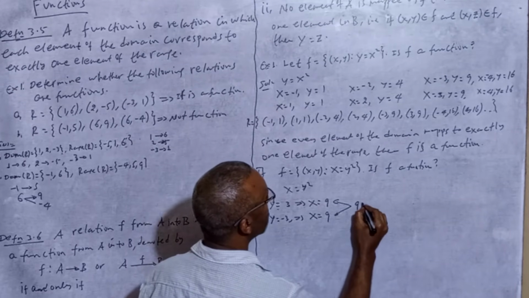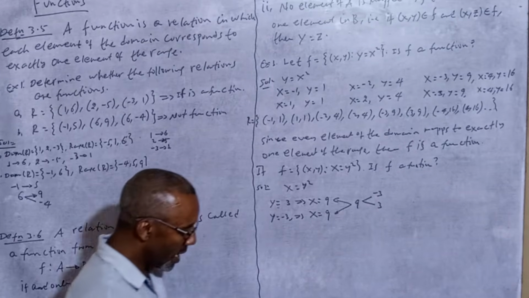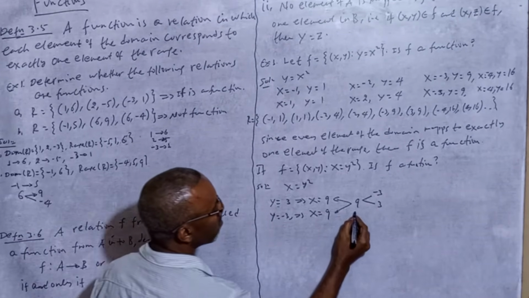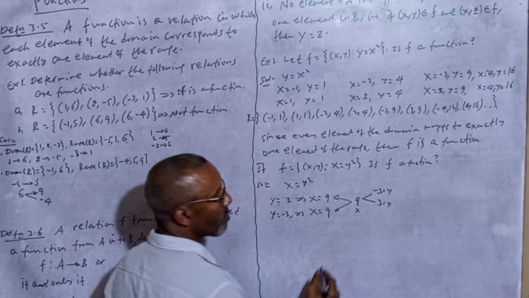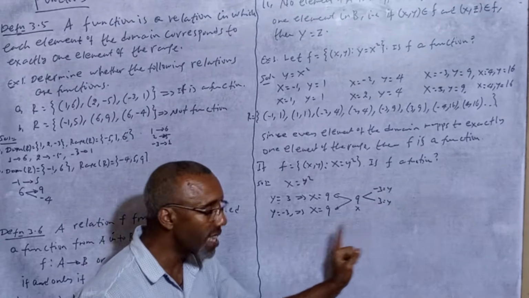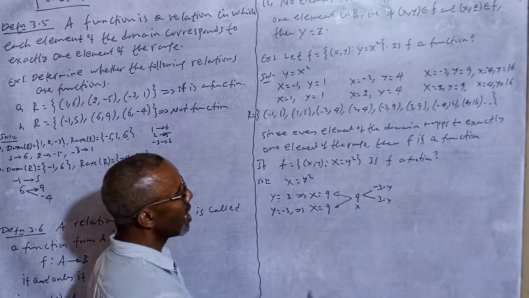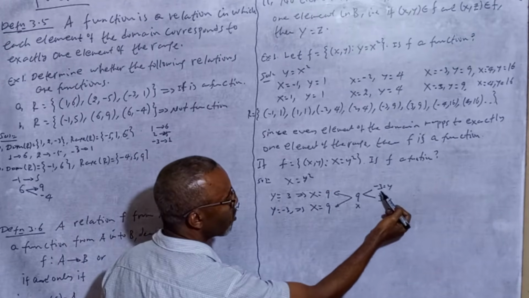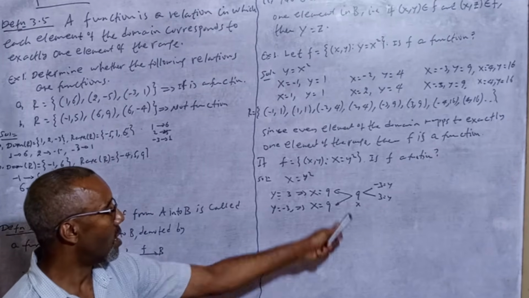9 mapped to -3 and 3 ማለት ነው። ይሄ ዶሜናችን ነው። x ይሄ ደግሞ ምንድነው y ነው ሬንጃችን ነው። ስለዚህ አንድ ዶሜን ከሁለት ሬንጅ ጋር ኮረስፖንድ ስላደረገ ይሄ ፈንክሽን መሆን አይችልም ማለት ነው። this is not a function ማለት ነው because አንዱ ዶሜን ከስንት ጋር ማፕ ጋር ኮረስፖንድ አድርጓል ከሁለት ቫልዩ ጋር